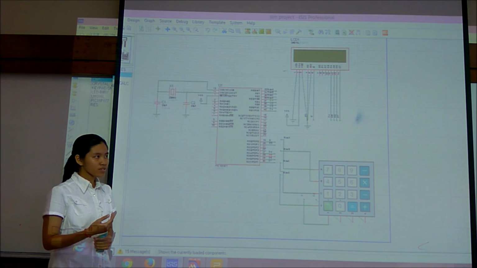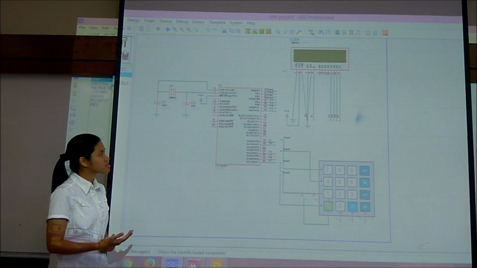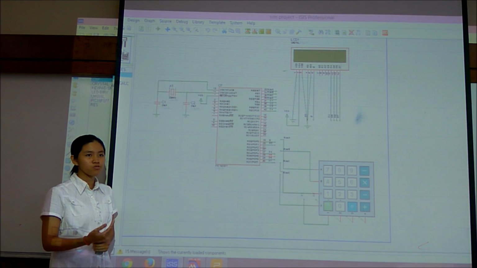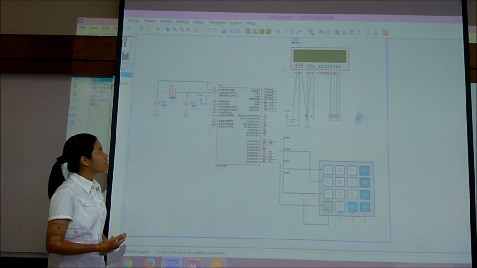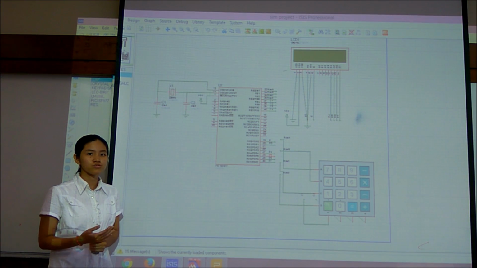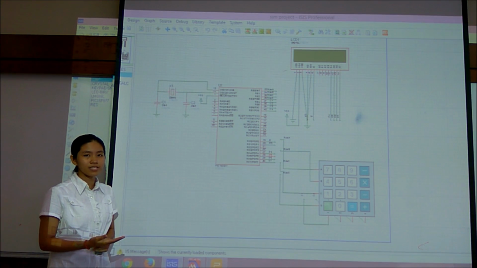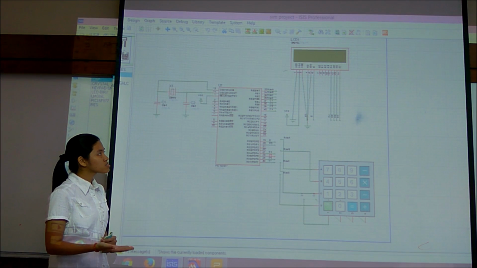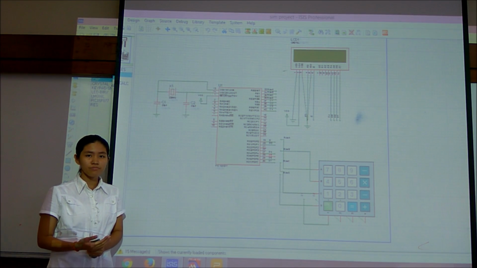Lastly, two 30 picofarad capacitors are used to store charge, and one crystal oscillator is used for frequency stability. The oscillator is set to 20 MHz in